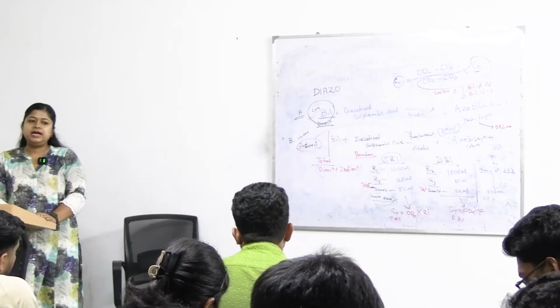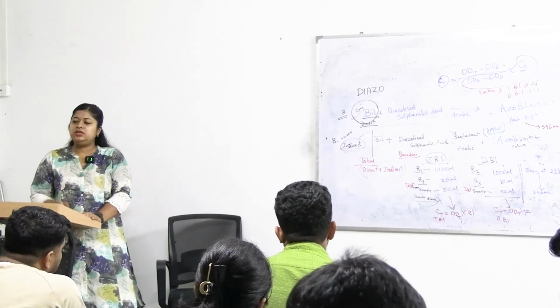In the second step, for total bilirubin estimation, what happens? The indirect part, with the effect of the surfactant, will now react with the diazo compound. So the insoluble part, that is indirect bilirubin or unconjugated bilirubin, how do we solubilize it? By adding a surfactant. Okay, so the surfactant will make the indirect part soluble and the further reaction with the diazo compound will go on. Okay?